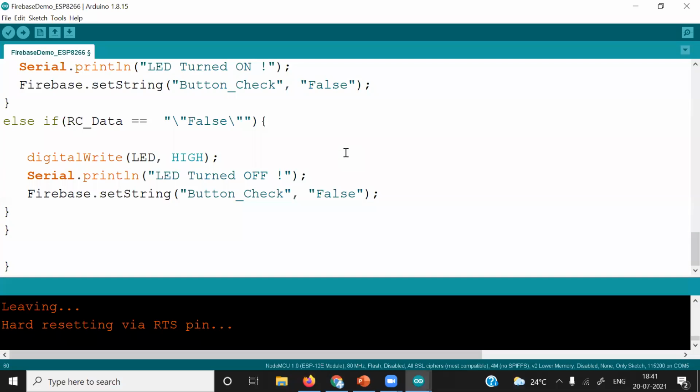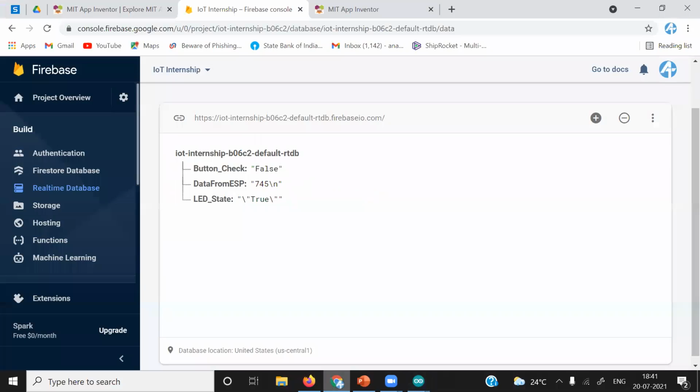Yesterday, what we did, we controlled the ESP8266 LED using the MIT App Inventor application we built. Now, there was another operation we saw, where we were receiving data from Firebase.